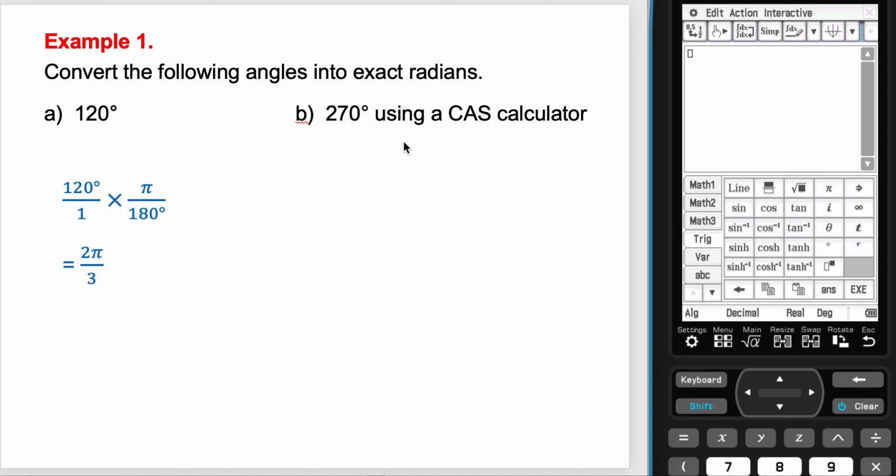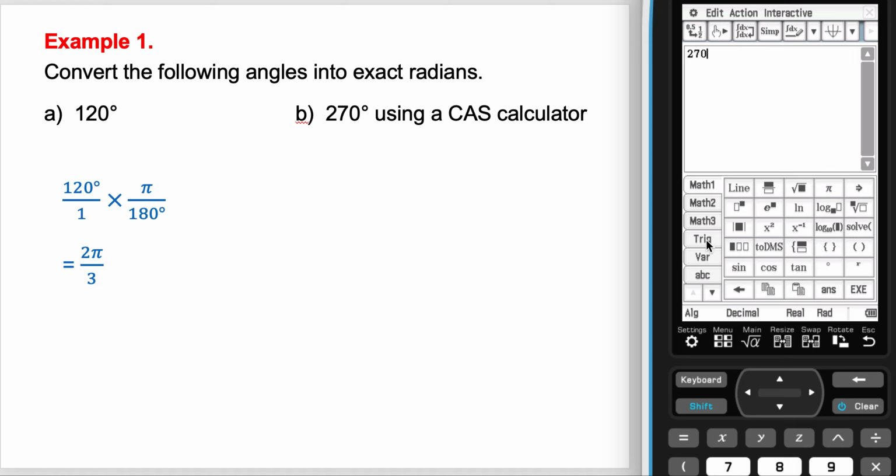For 270 degrees, this one says to do it using a CAS calculator. What you can actually do, and it's quite straightforward as long as you get your calculator in the right mode, we want to get an answer in radians here. So down the bottom of your calculator where it says degrees, or might say GRA or RAD, just flick that into RAD mode, radian mode, and then all you have to do is actually type in 270, and on your keyboard, when you bring up your keyboard,